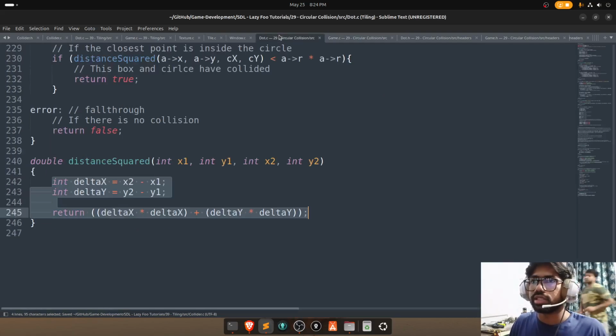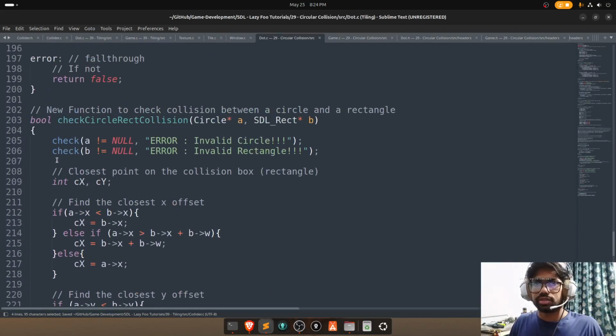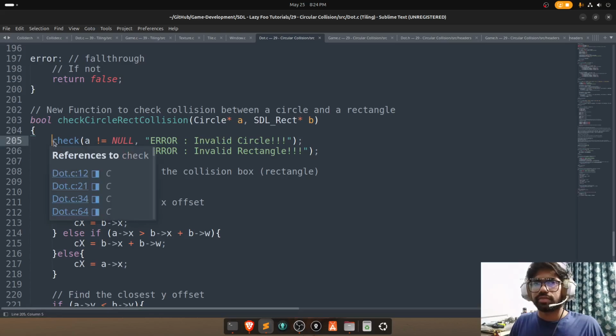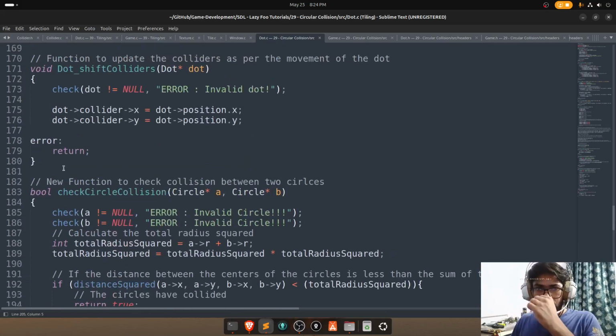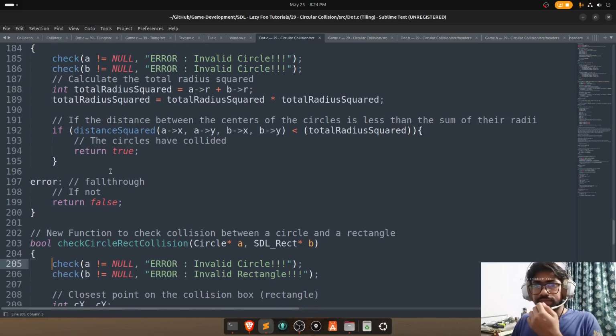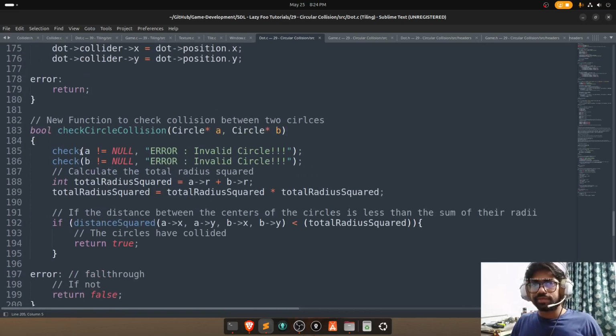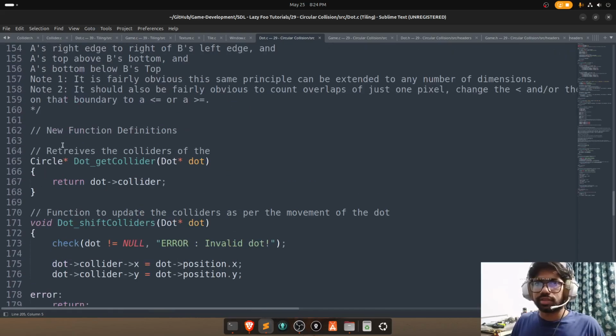Circle collision. Okay, so we will check circle collision. Check circle collision,